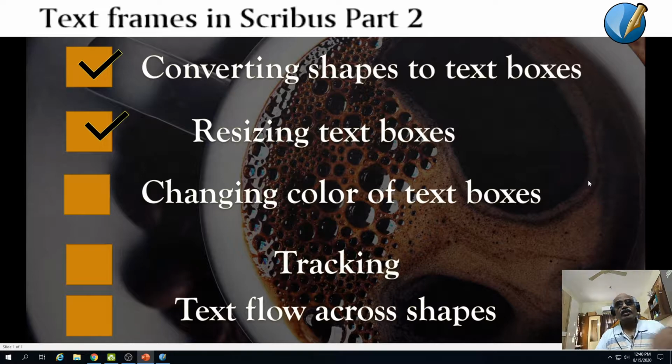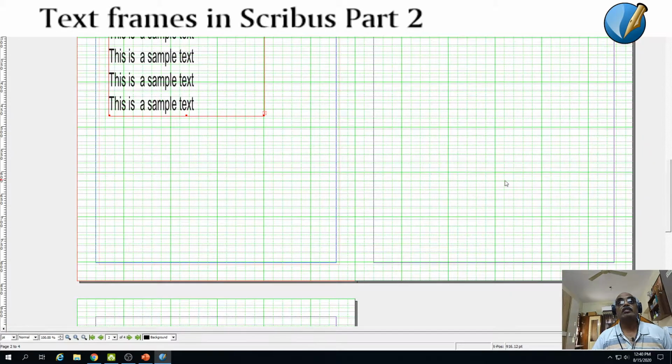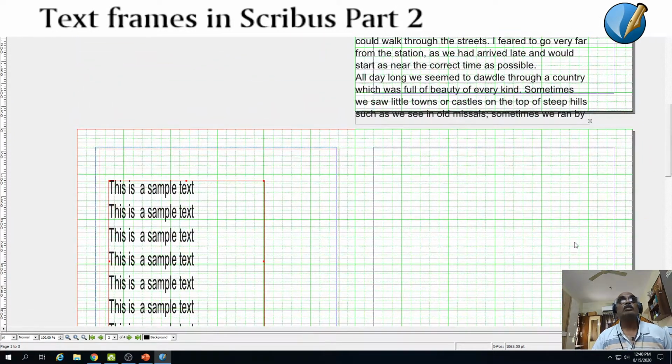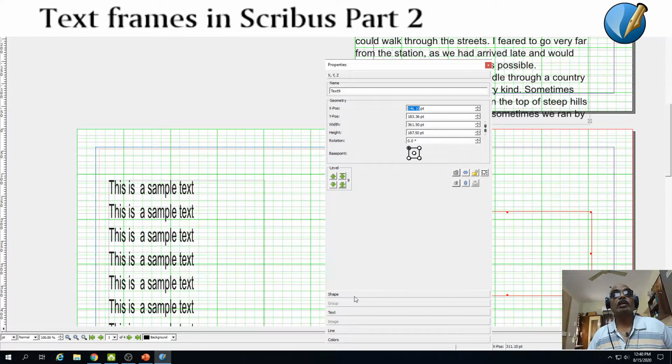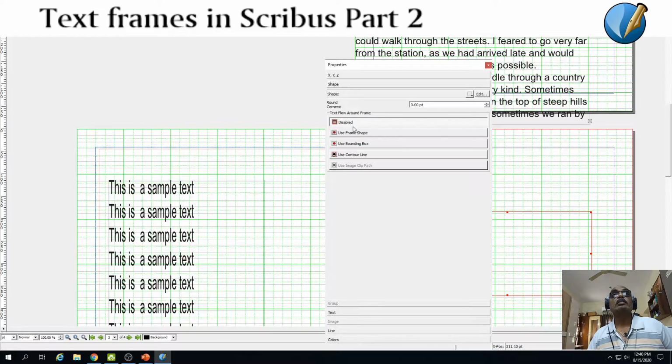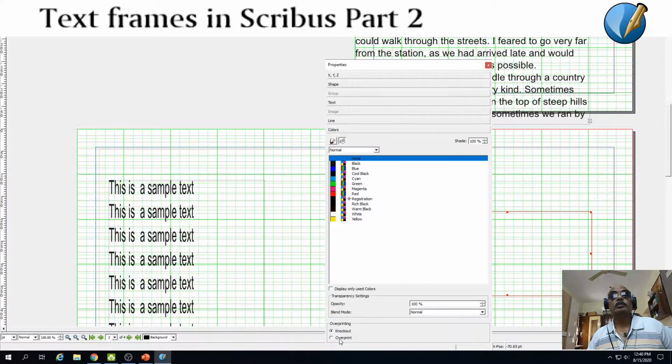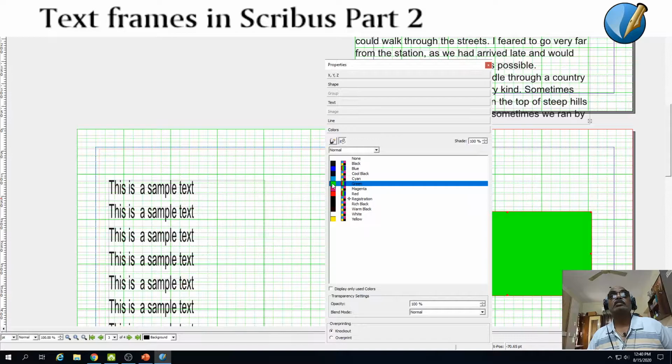Now let us go to the next aspect. How are we going to change the color of our text boxes? So I will just go around. I am going to insert a new text frame. So this is a new text frame. Then I am going to the properties. So I want to give a color. So we will give a green, and then here